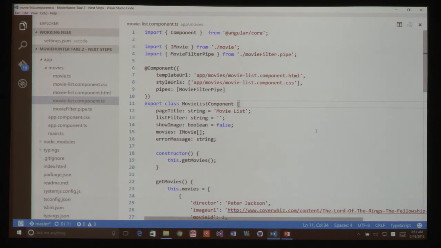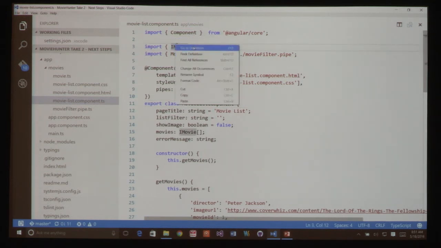One of the other things that TypeScript gives us that JavaScript does not have, not even ES 2015, are interfaces. So we can actually define interfaces in our TypeScript. And that, again, is going to be a concept very foreign to ES5 developers, but very, very familiar to us as .NET developers. So I've created an interface for my movie. And again, because everything's strongly typed, I get tooling, so I could just go to definition.